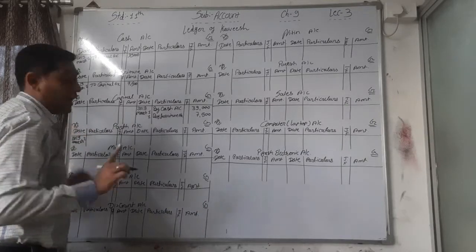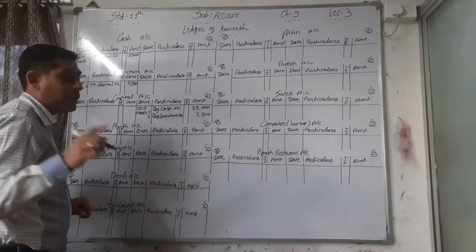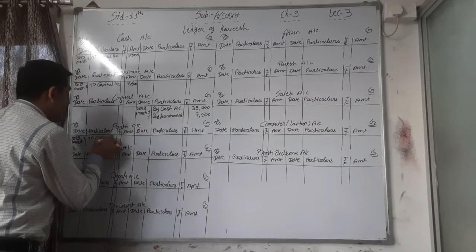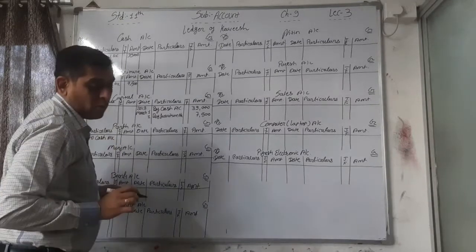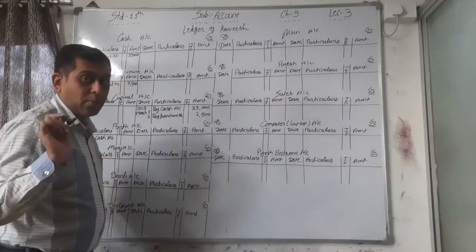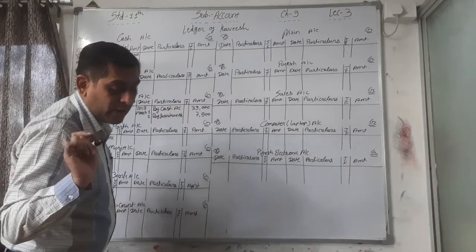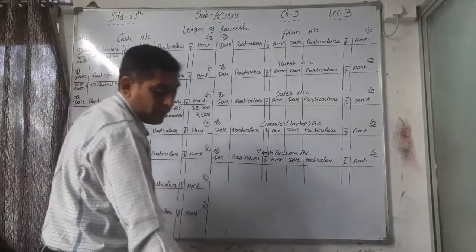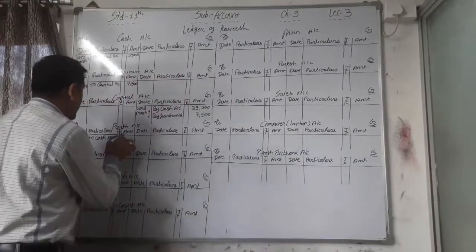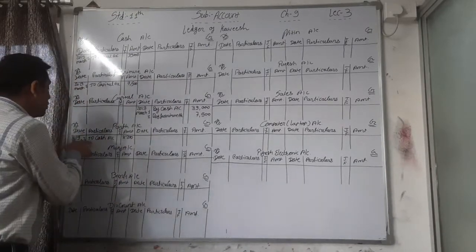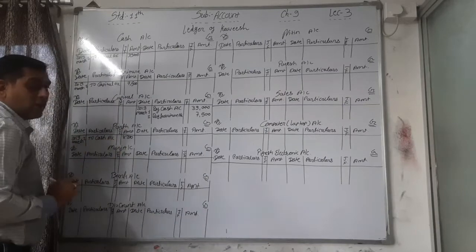Parth account debit side, the opposite side is the cash account. That's why, for the opposite side name, we have to write down "To Cash Account". The amount we have to write down is the amount of the Parth account, not the cash account. Parth account is 8,200, right? So write down 8,200. Parth account debit side to cash account 8,200.